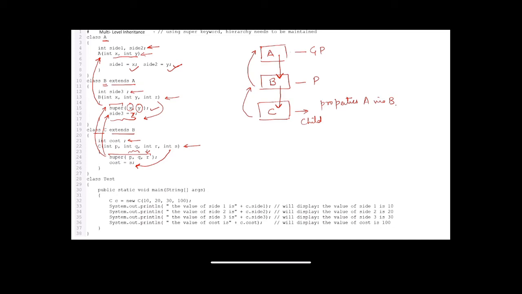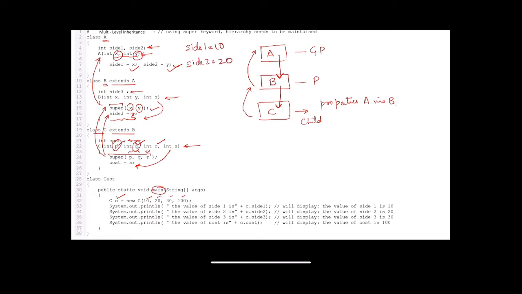Now let us see how the main method is written. In my main method, I have my object C of C class where I'm passing 10, 20, 30 and 100 as arguments. So these 10, 20, 30 will be assigned to values P, Q and R, where first of all P and Q values will be passed to X and Y. So the side 1 value will become 10, side 2 value will become 20.